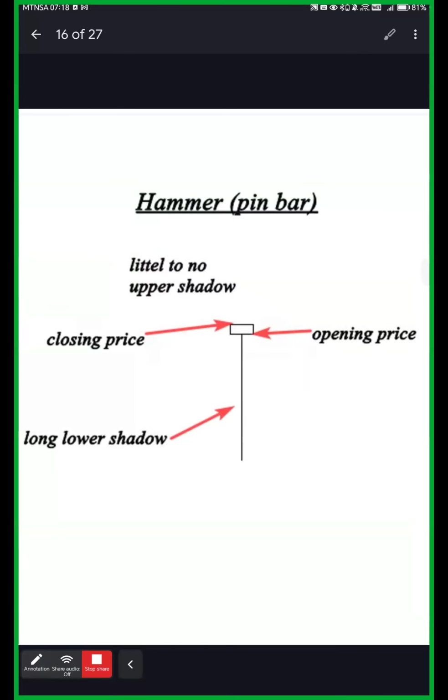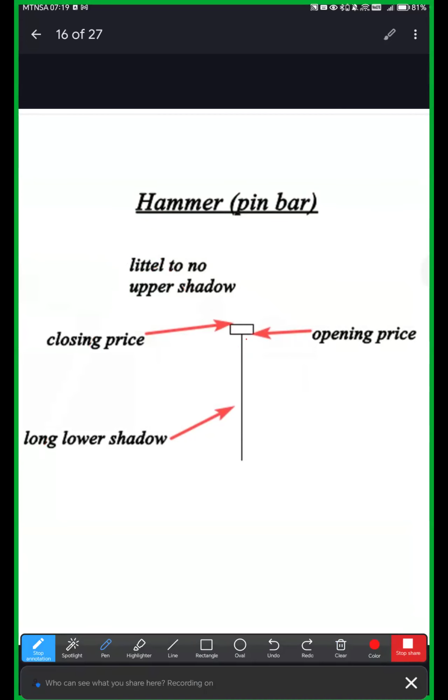Let's look at this gentleman here. This is called a pin bar or a hammer. It is also a candlestick pattern. It is created when the open, high and close are roughly at the same price. Remember when we were talking about shadows? If you remember very well, now you are able to see the significance of a shadow here. Can you see the long lower shadow here? The long lower wick, the long lower tail.